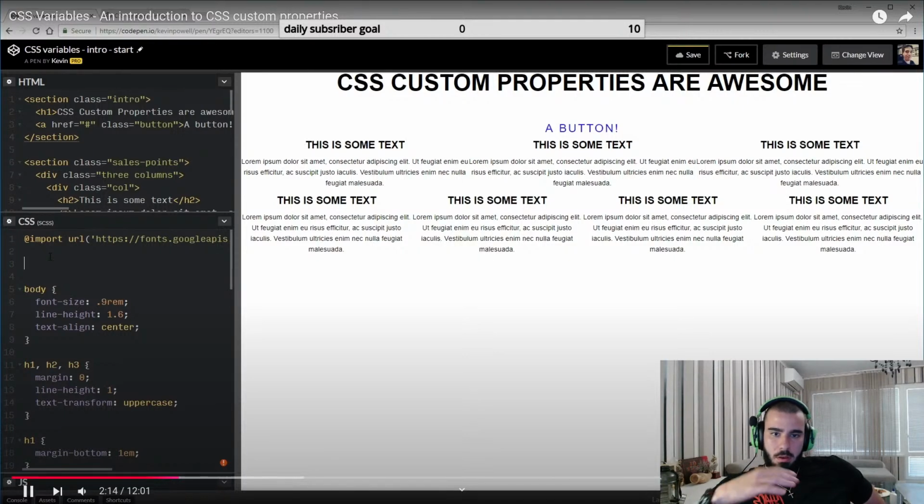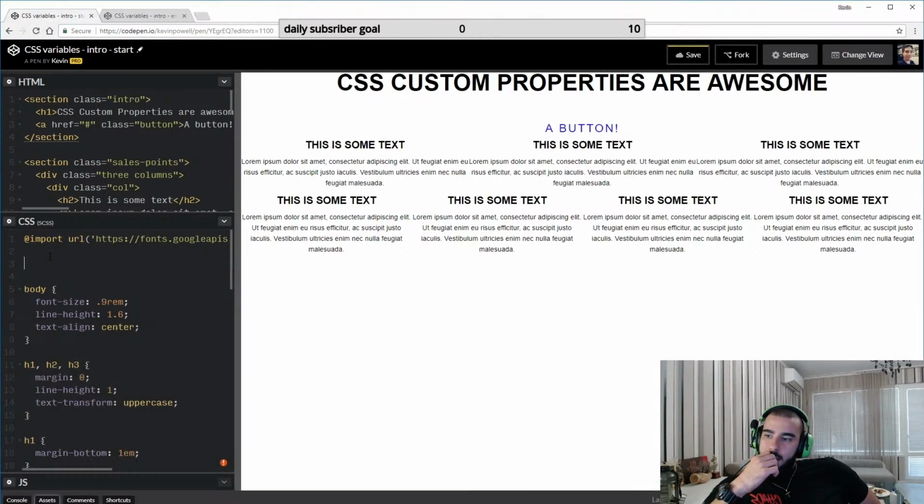CSS custom properties do have to be defined, and that's because they're custom properties. They act as variables, but just like font size is a property, we're making a new property. We're inventing the property. But our browser knows what font size is, so it can easily change it for us. It doesn't know what our custom property is, so we have to define what it is while we're creating it. So what I'm going to do here is, in my body, I could actually declare them there, but where you're going to see them most often